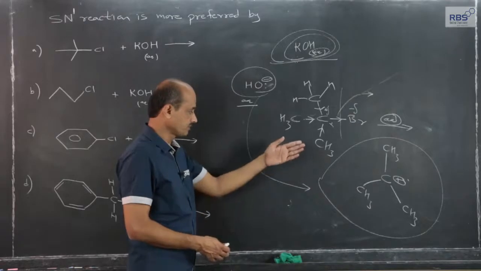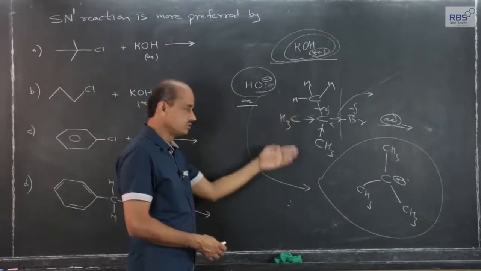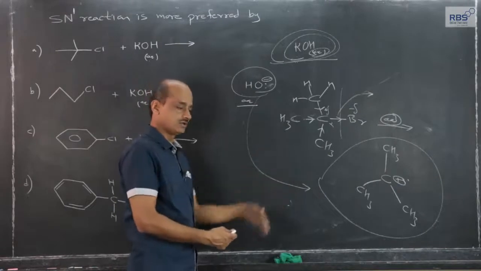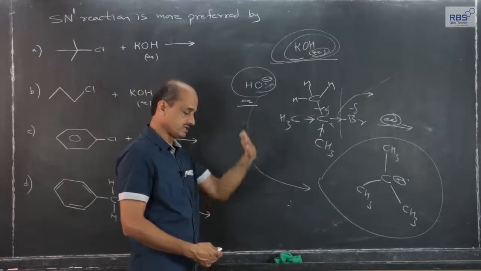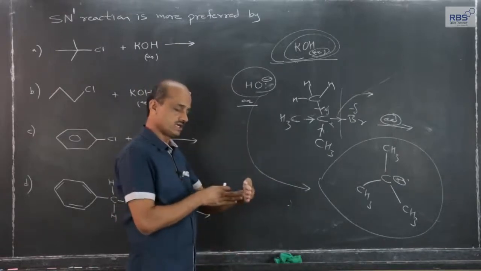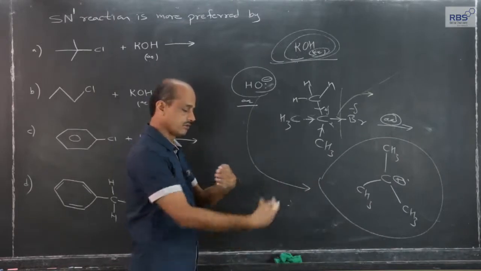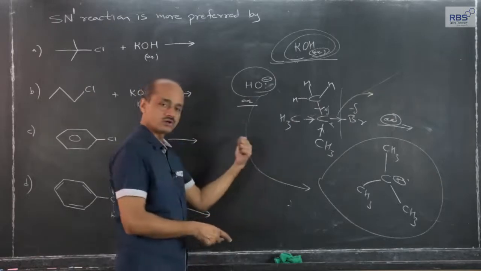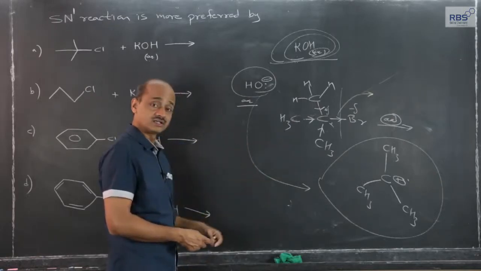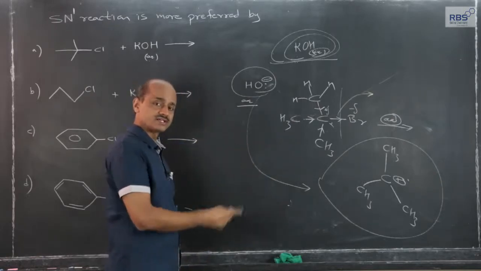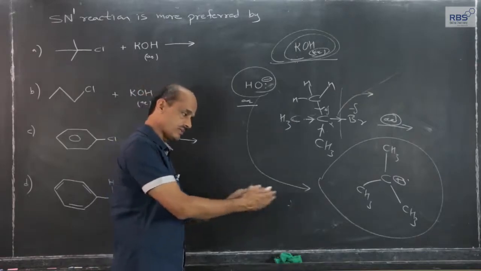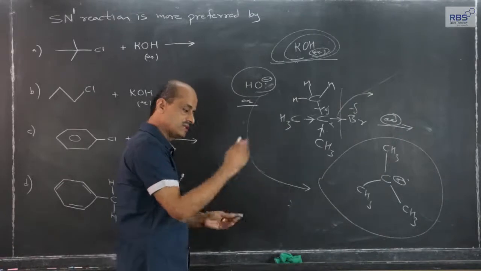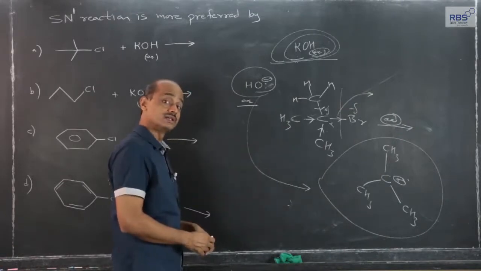Suppose the plane is the plane of the blackboard, OH minus can attack from this side or from the opposite side, or if the plane of the carbonium ion is this, OH minus can attack the carbonium ion from this side or from the opposite side, both side attack. But the difference from what we have considered earlier, which was a one step reaction: the breaking of carbon-bromine and attack of OH minus, breaking and formation was simultaneous, that was an SN2 example.